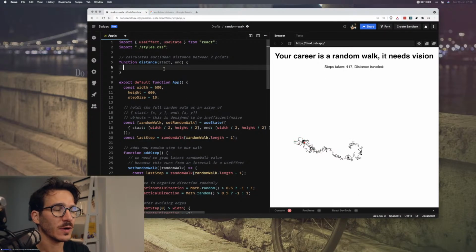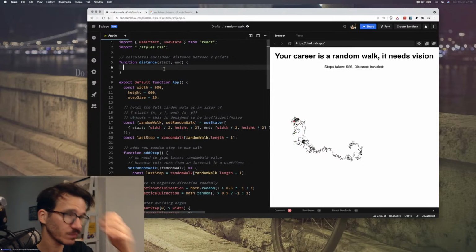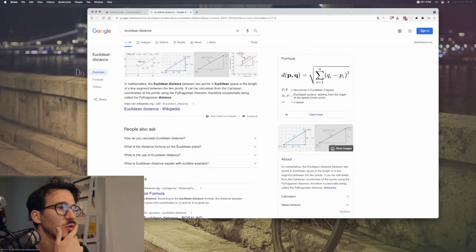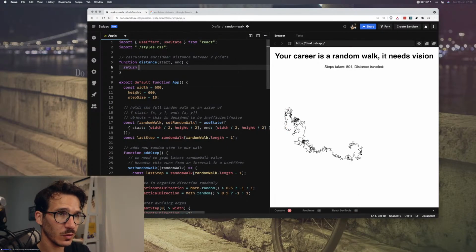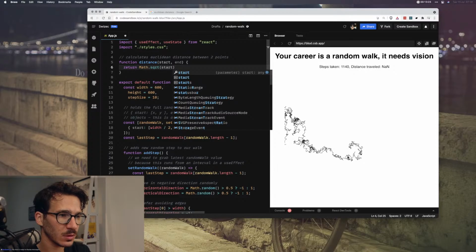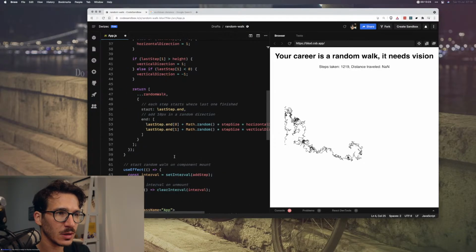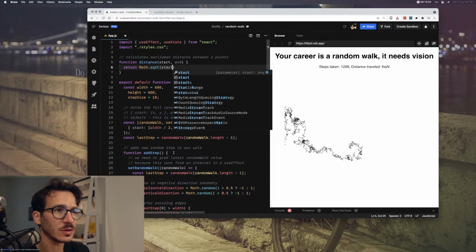So function distance: how do you calculate the distance? You take both vectors, you sum, square. Okay, so this is going to be Math.sqrt of start. I think they are 2-element arrays. Yes.